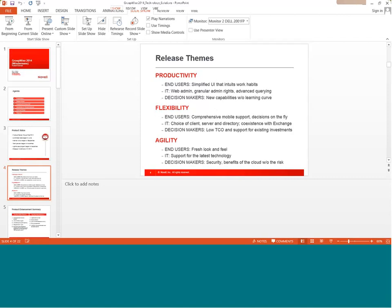And first of all, we'll take end users. Groupwise 2014 has refreshed the Groupwise Windows client and added new features and capability that really intuits those work habits that are most common and that are most used inside an end user's productive day. We know that email is home base for most users. This is the application that is mission critical. This is the application